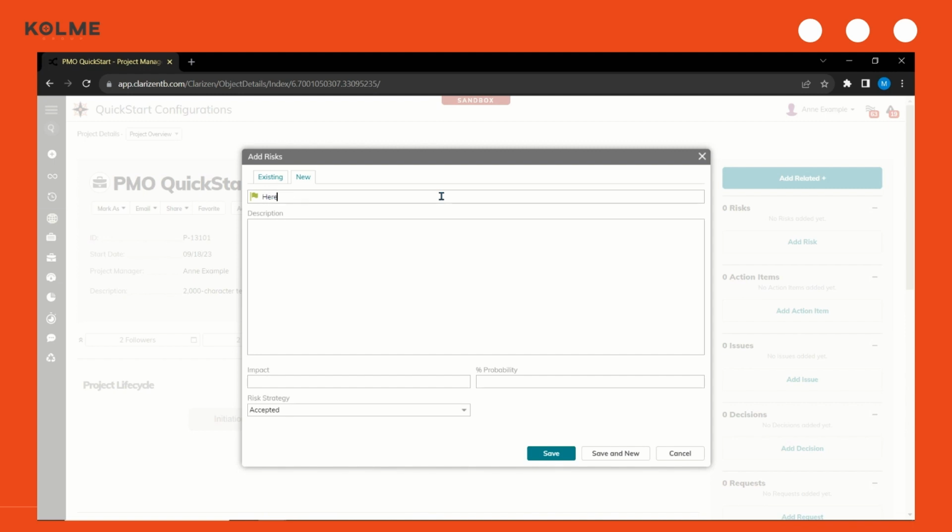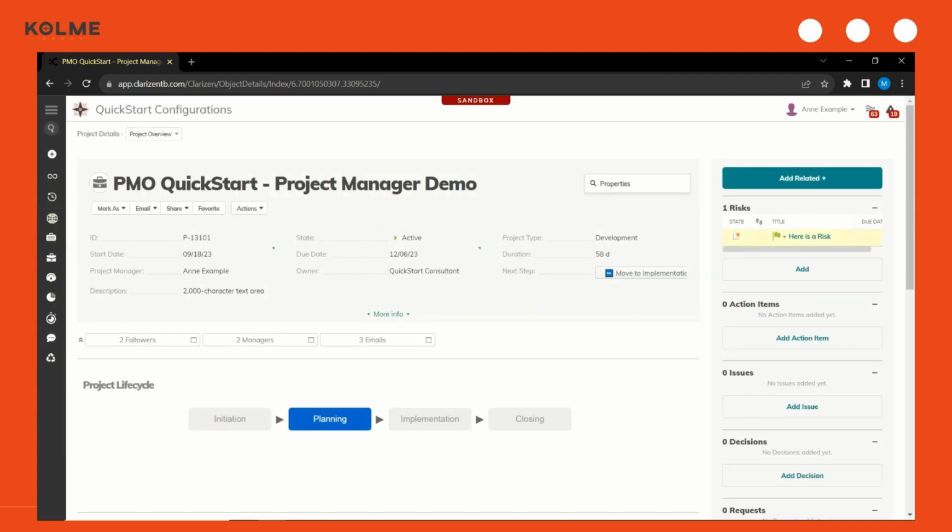I'm going to add a generic task here called "Here is a risk." Then I can add a quick description, and then I'm going to designate an impact level of 5 and percent probability of 50%. Lastly, I'm going to leave my risk strategy as accepted for now and click Save. While I'm here, I'm going to update my risk status to in work by clicking on my state and clicking in work. This is going to show it's no longer submitted and I'm actively working on